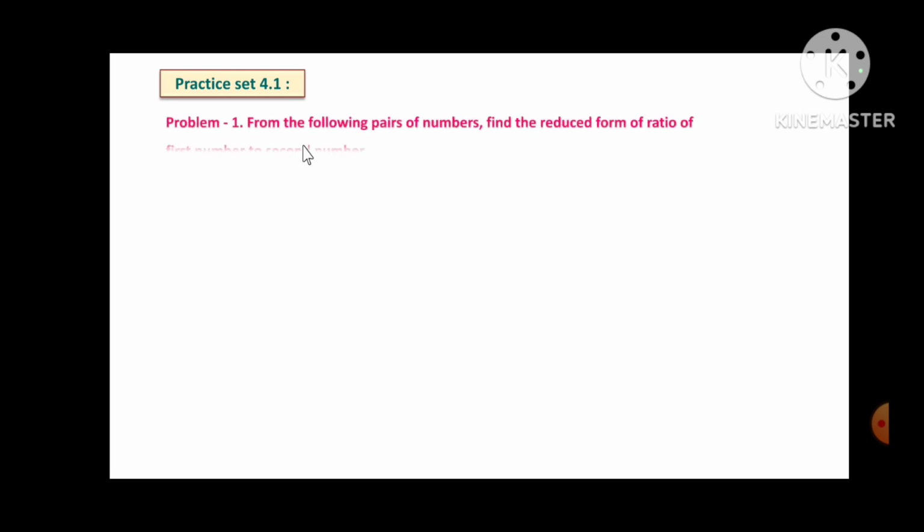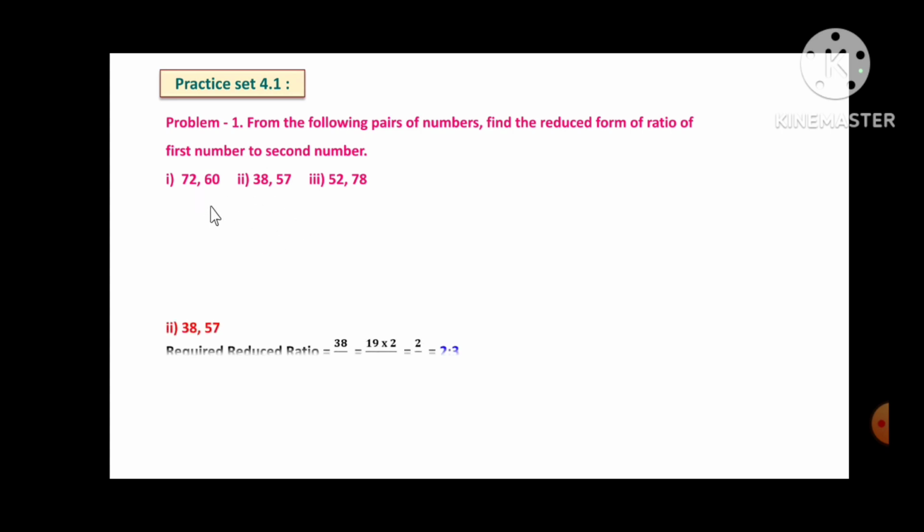So now we will see the practice set 4.1. Problem number 1 here. From the following pairs of numbers, find the reduced form of the ratio of the first number to the second number. Three problems are there. We'll see them one by one. Now we'll see the first one, that is